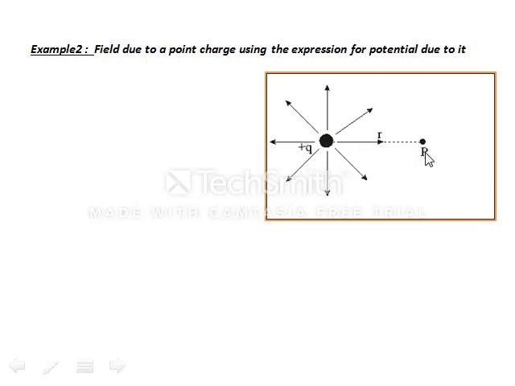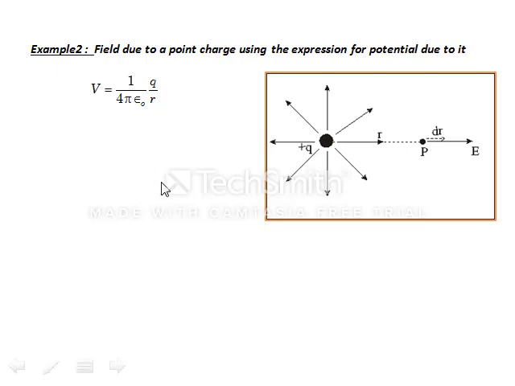Now the potential at this P is known. Potential due to a point charge is 1 by 4 pi epsilon naught times q by r. So let's write it down. This is the potential at this point P. Now we can make a guess regarding the direction of field. It's in this rightward direction. This is the direction of field. So if we move in this direction, the potential should decrease. If we move along this direction by dr, we will observe a change in potential: dV as minus E dr, or E is minus dV by dr.